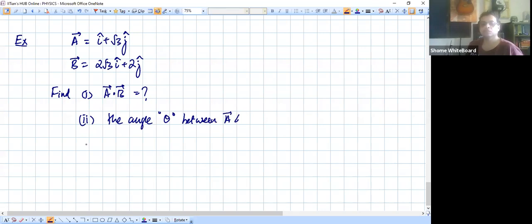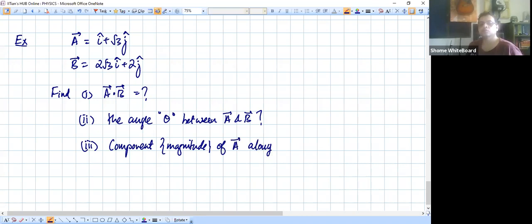Then we want to find the component in magnitude form, that is, of vector A along vector B. And fourth, we want to find the projection of vector